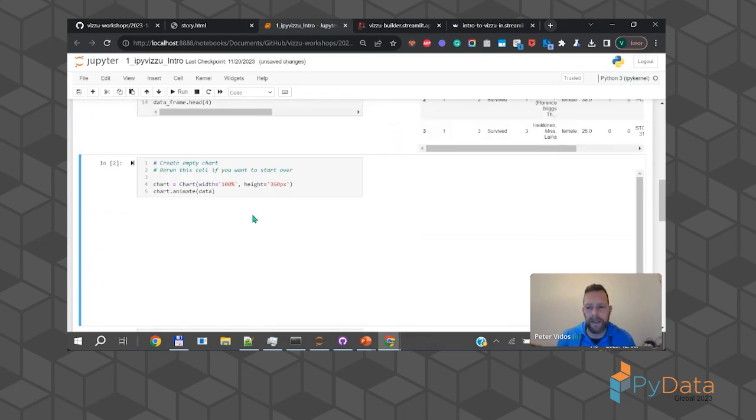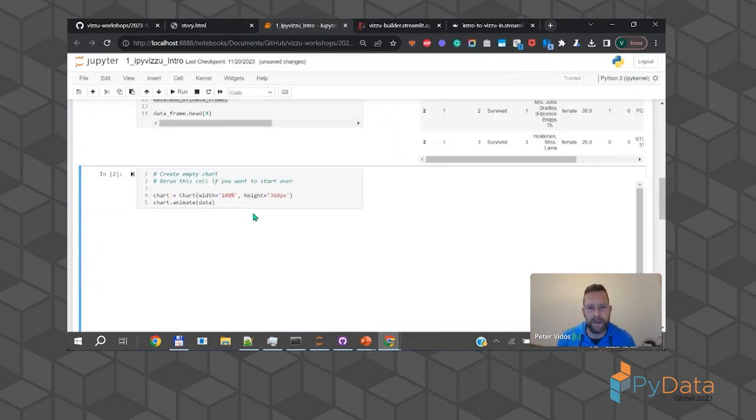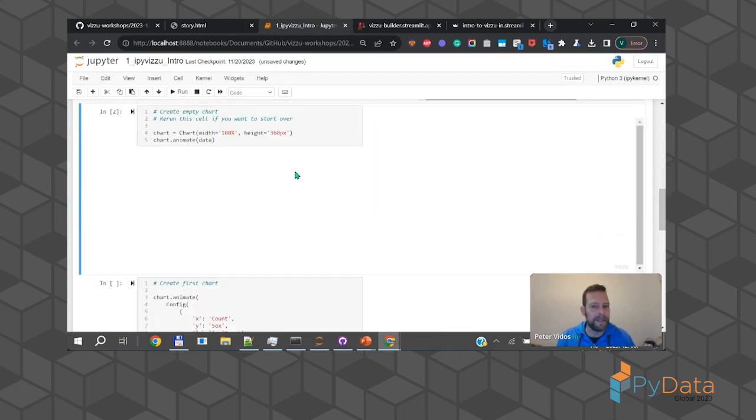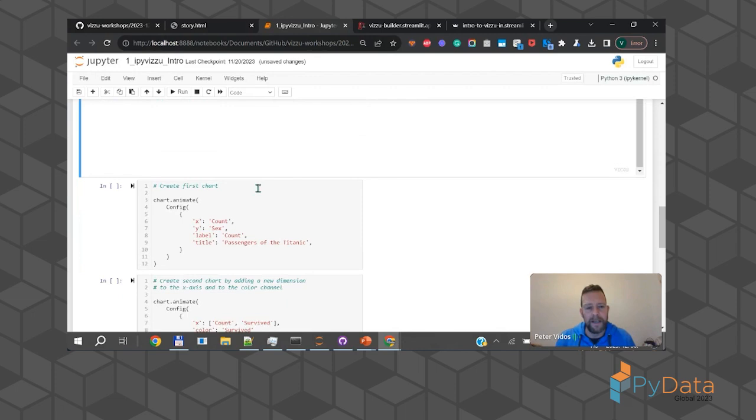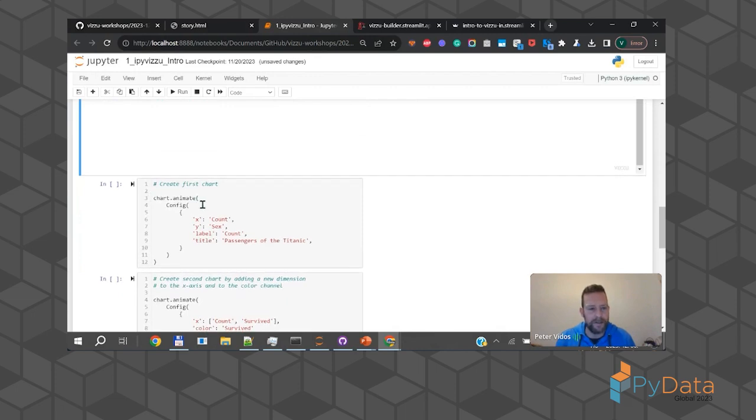So you don't have to have all the 3 components, all the 3 objects, but it only creates an empty chart because there's nothing to show here. We just added the data there. And basically we create the first chart